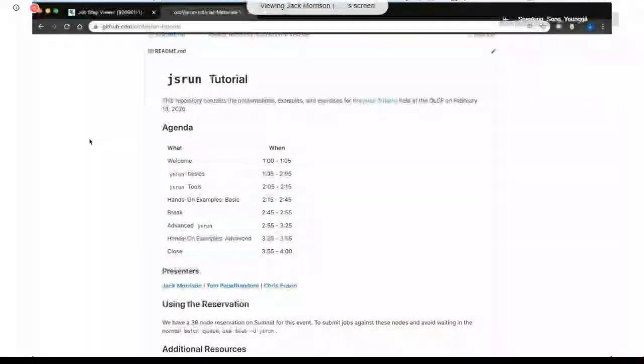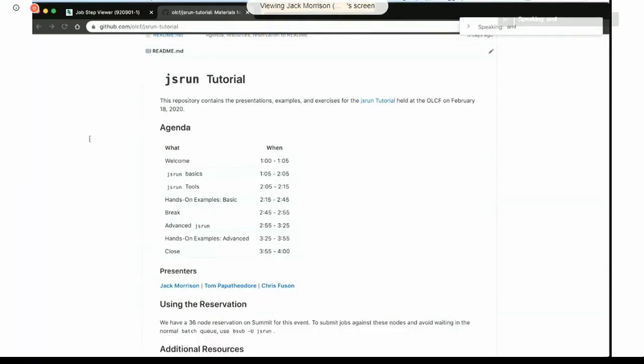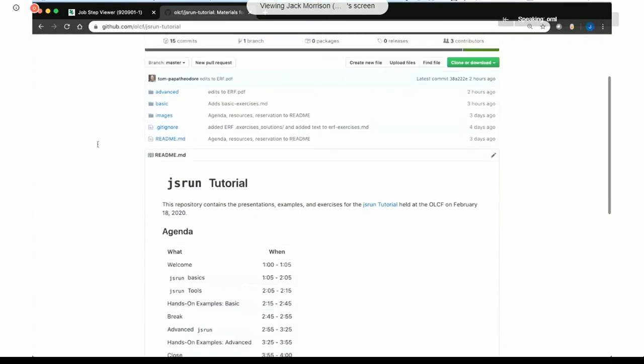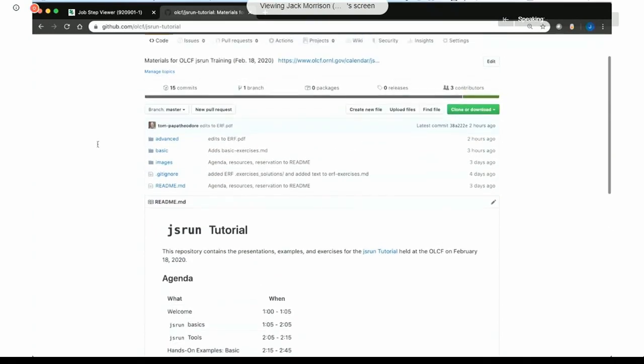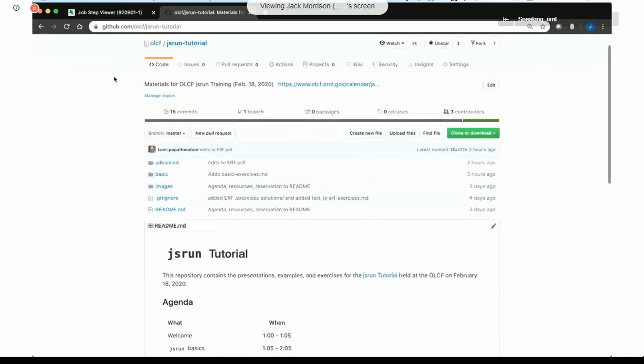Okay, so before we hop into looking at jsrun, we've done enough of these training events to know that people want to have the presentations in front of them at all times. So Tom mentioned we have all of the material that we're going to talk about in the next 3 hours in this repository. You can certainly just visit the GitHub site for it and view it here, but if you want the files,